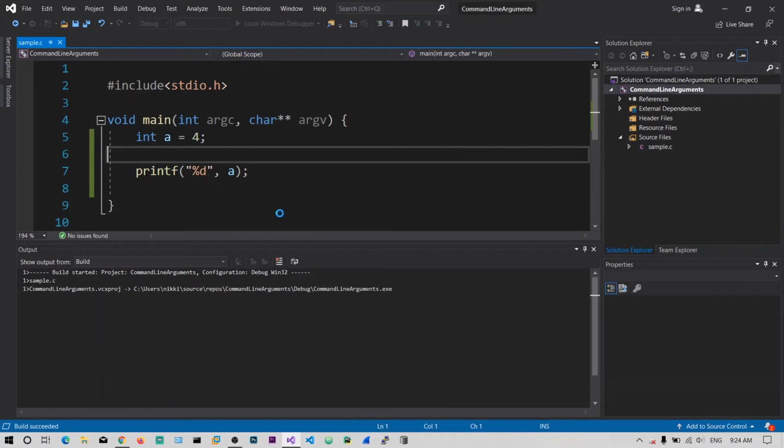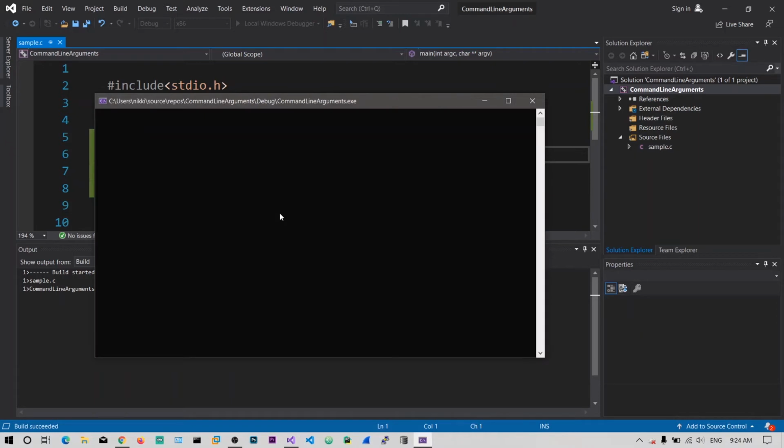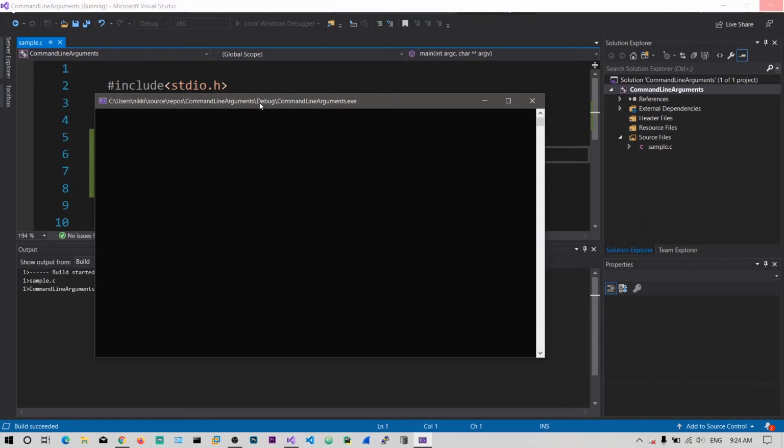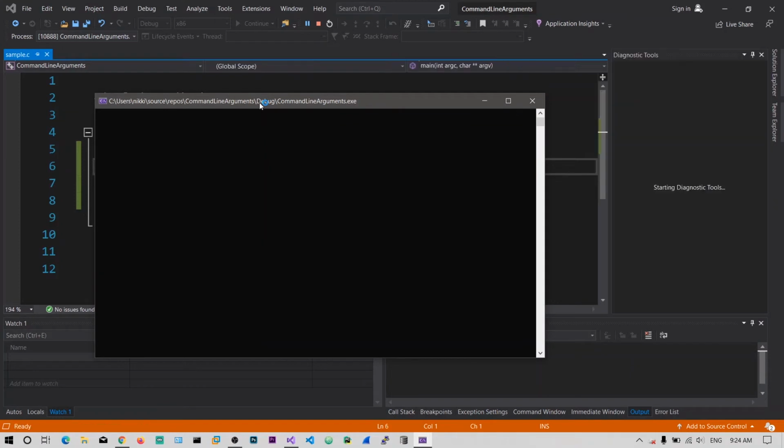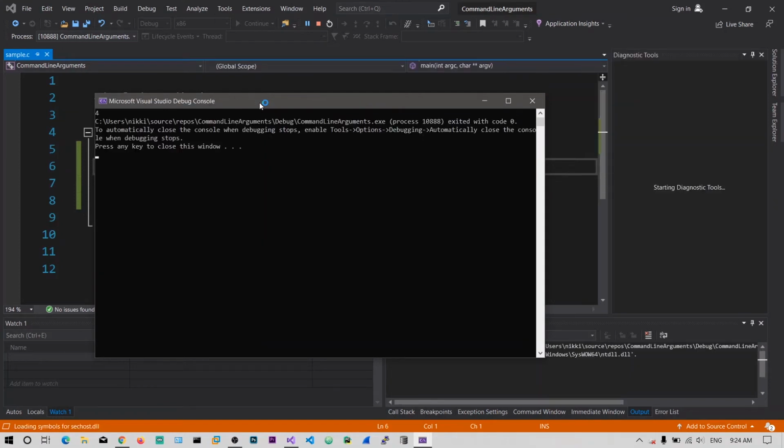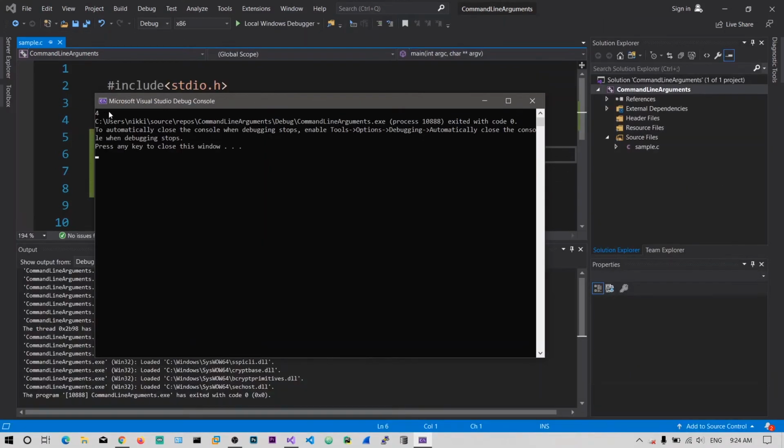Okay, it may take a little time, my laptop is not that fast. Okay, there you go. It has printed the value 4.